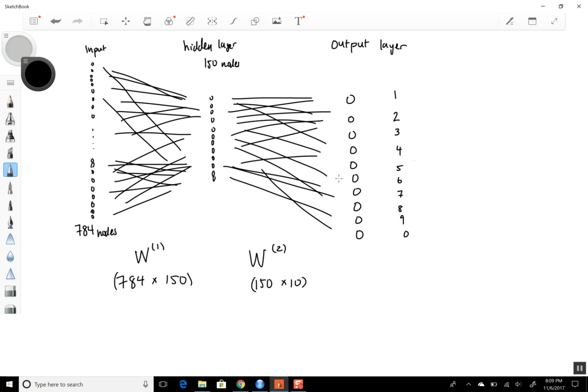Okay. For the output layer, let's say this is our digit, and we've got some kind of digit here in our pixels, something like this. So we've got different values here, and this will be classified. This is seen as a 4, right? So the output layer